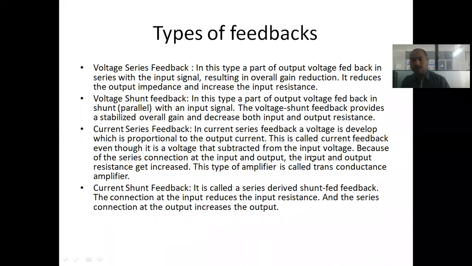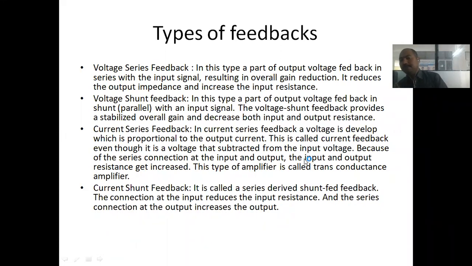When it is going to the current series feedback, in that case it should act as a current, right? That current output is again applied to the input as feedback. Whatever the input voltage is, it should be subtracted from the voltage. Why? Because whatever the output coming is a current, right? So when we use the series type of connection, in that case